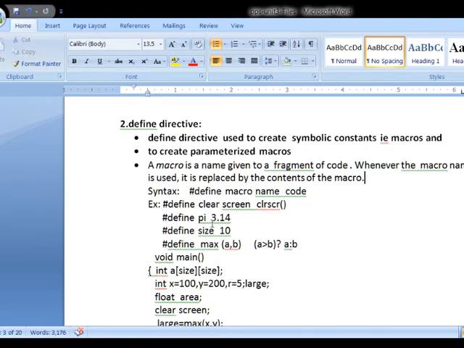The second macro is PI, code is 3.14, the third macro is SIZE, code is 10, and the fourth macro is MAX(A,B), with code A greater than B, conditional operator A colon B. So in these four macros, the first three are macros with constants, and the fourth one, MAX(A,B), is a macro of type function. Now we come to the programming part.